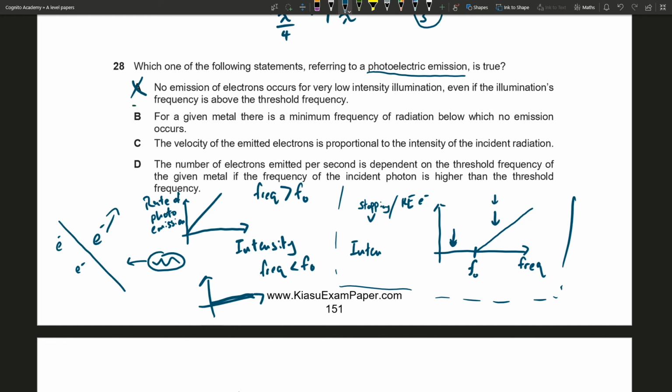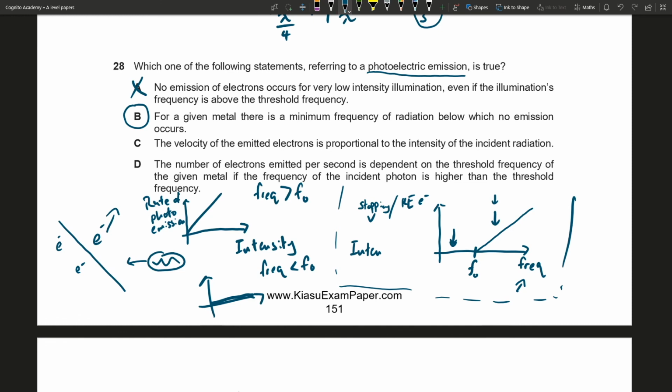So B is our answer here, but just for completeness, let's look at C and D. C: the velocity of the emitted electrons is proportional to the intensity of the incident radiation. No, that's not true actually. The velocity of the emitted electrons is linearly related to our frequency. It's dependent on our frequency if our frequency is above the threshold frequency. But all the intensity changes is the rate at which our electrons are emitted, not the kinetic energy of the